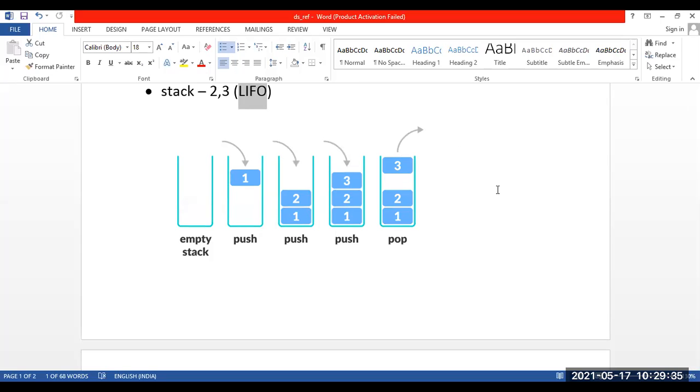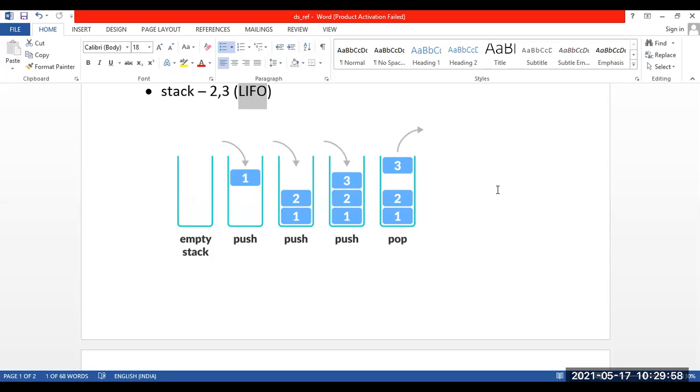So again, if I say that I want to pop an element, what does pop mean? Pop is going to come out. It is going to jump out. So pop means removing an element. Now I'll tell you, class 1B remove, class 2B pop an element. Which is going to be the element that is going to pop?